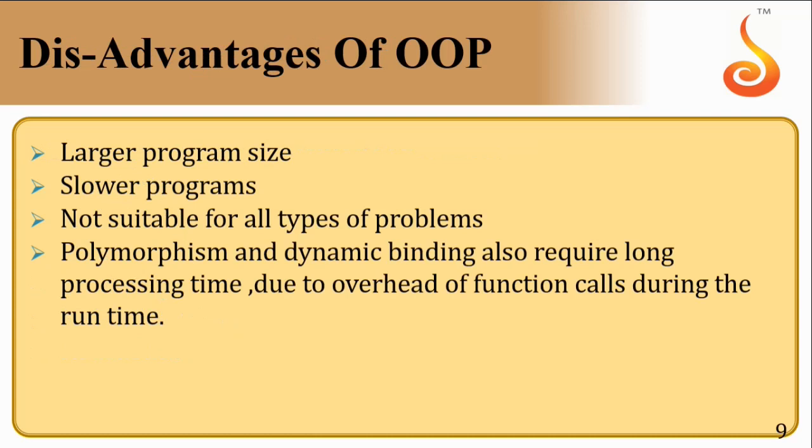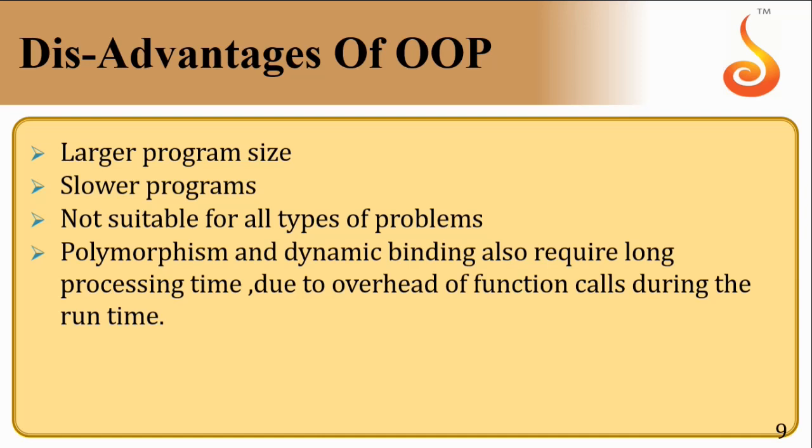Advantages and disadvantages. The programs are larger in size because you're writing the program using object-oriented concepts, whereas with only functions, it is not that big. But declaring a class, declaring access specifiers, then creating objects and accessing members with their help makes a program bigger. Because of that, for smaller, very simple programs, it is not suitable for all types of programs. And then